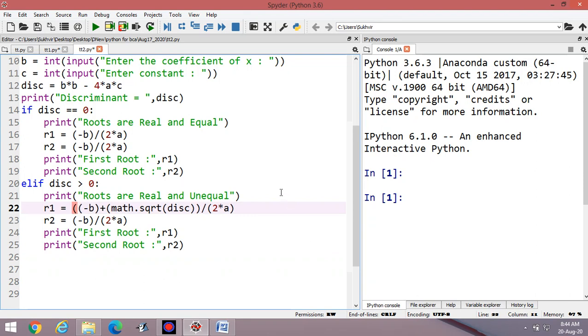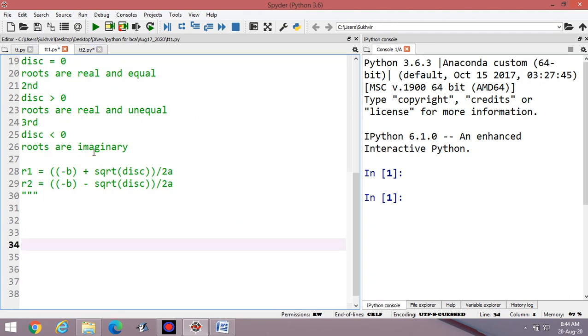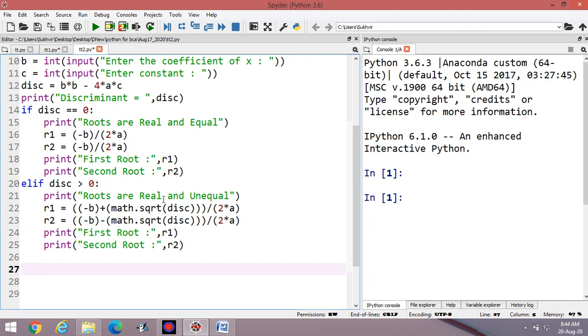Here you can apply the bracket, this one. Now in second part, you can copy and paste the content here, and you can write minus b minus square root of discriminant, because this content is not required inside Python. It's only for theory purposes that we have to do like this. But in case of Python, you have to write math.sqrt. It is the second part.